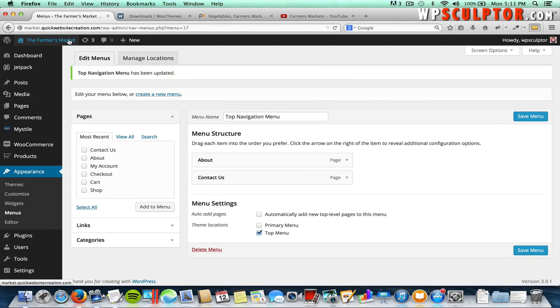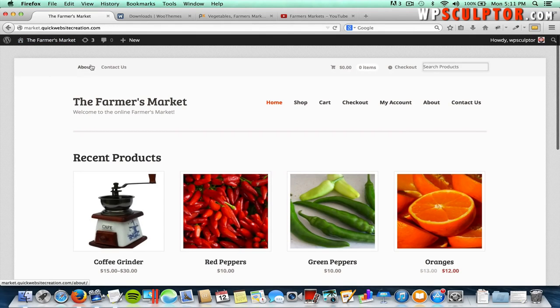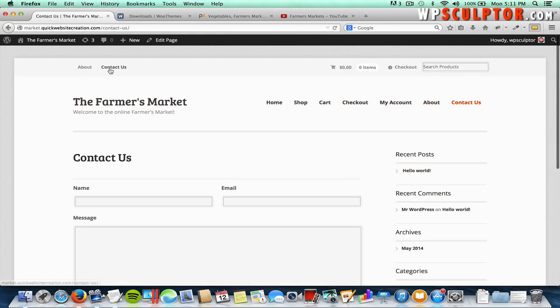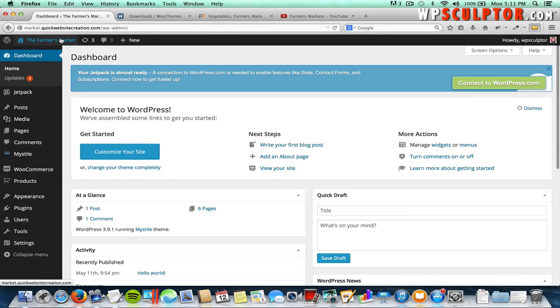Alright, now if we go to the front end of our site, you'll see that we now have those pages added to our top menu, and we can click on those to be taken to the actual pages, just like that. Now if we want to go back to the back end and edit our main navigation menu,